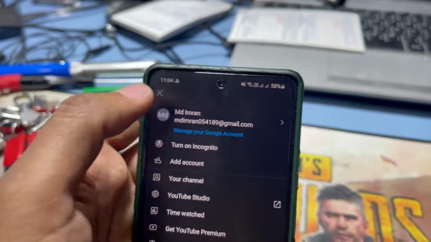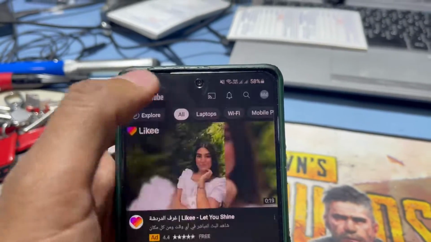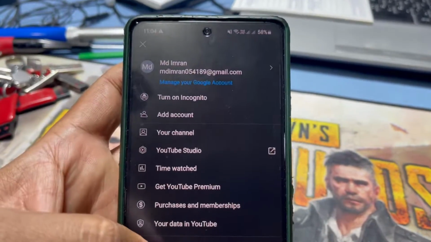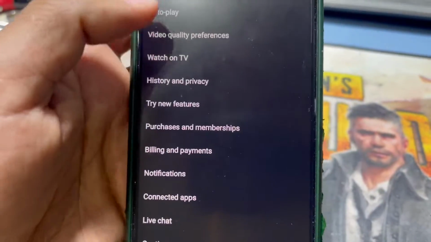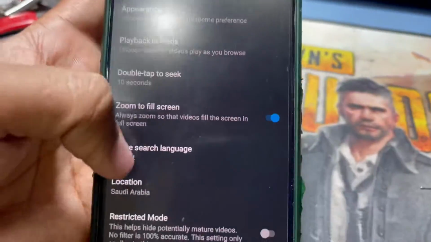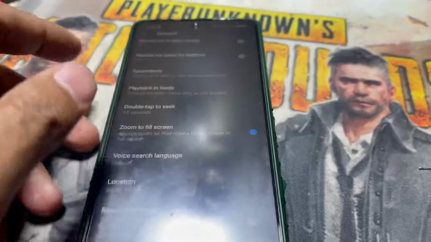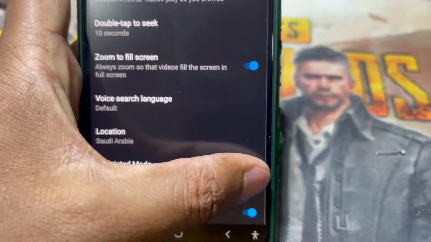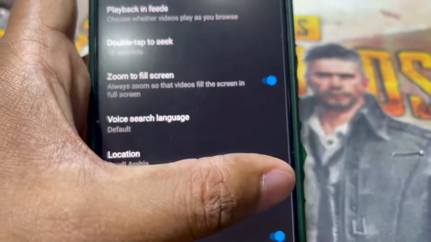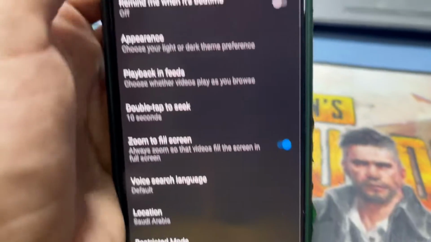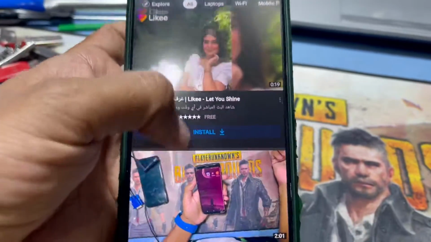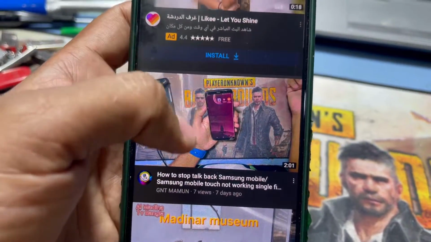And guys, now you have to go to the email and go to settings and go to general, and down restricted mode is off. You have to turn it off. If it is on, you can't comment, so make it off and go back and go to any